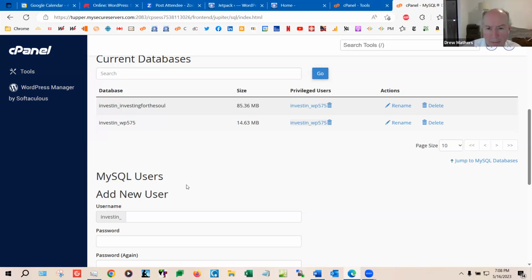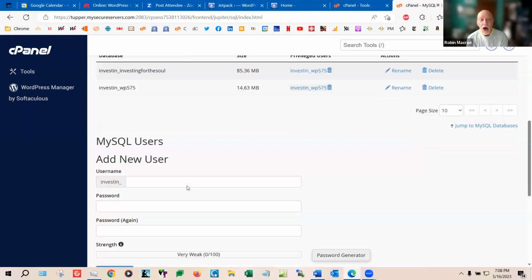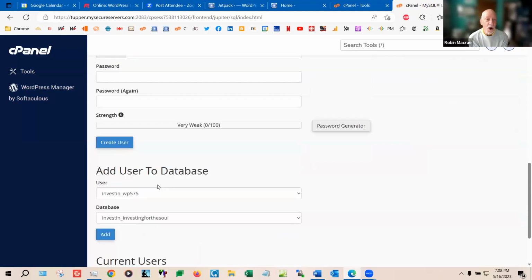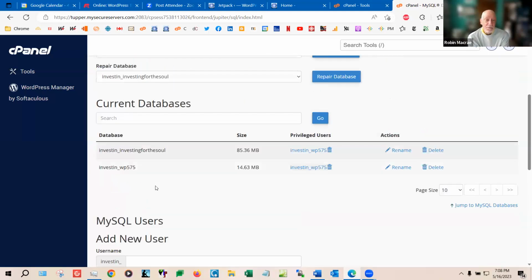Because I think what Drew is adverting to is the possibility that we are updating in one database and displaying from another. Yeah, however, having rethought that theory, I just don't see how that would be physically possible for WordPress to do, to edit in one database and display from the other. Well, only in the sense that one database is not actually powering the site. The other database is. So if you go into the wrong database, you can make all the changes you want. They won't affect the site because it's not producing the site.